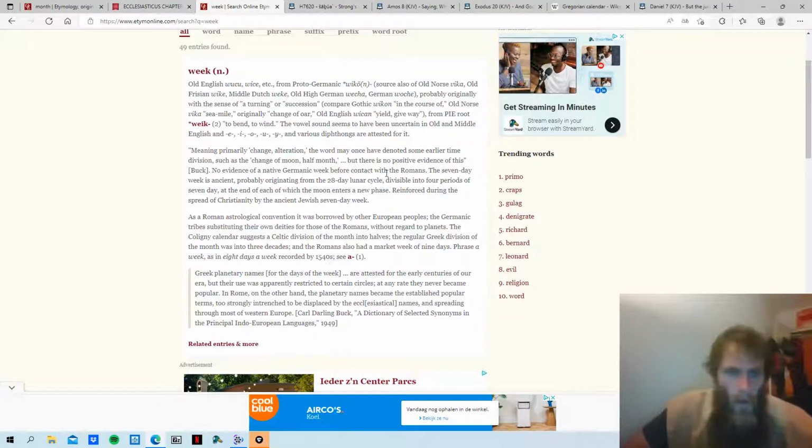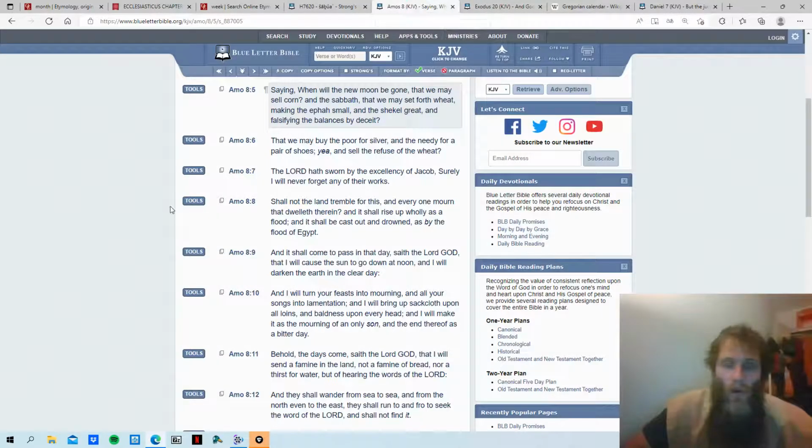So yeah, I'm going to bring in a couple of scriptures as well. This is Amos 8 verse 5. And it says, saying, when will the new moon be gone, that we may sell corn, and the Sabbath, that we may set forth wheat, making the ephah small and the shekel great, and falsifying the balances by deceit. So back then our people were already tricking other people, scheming them, and being unfair when selling goods,